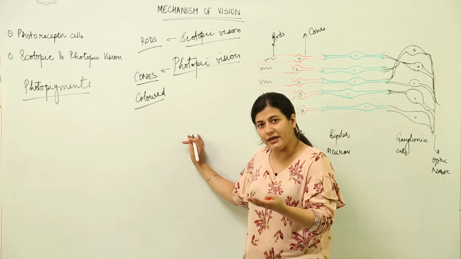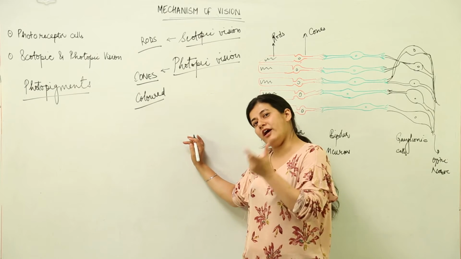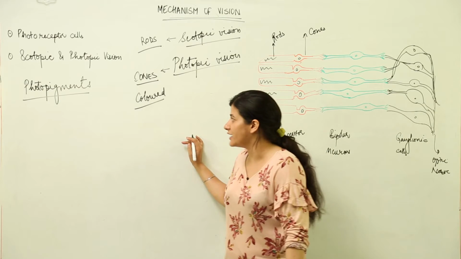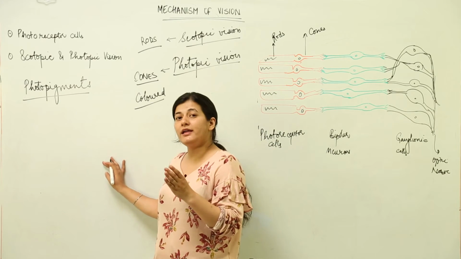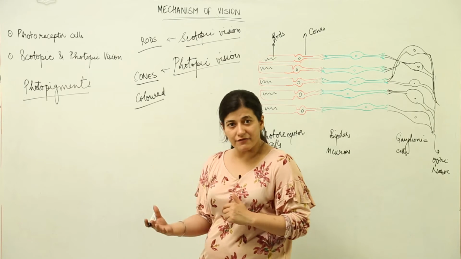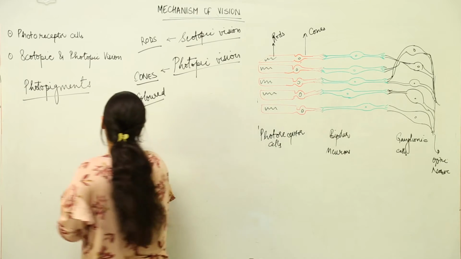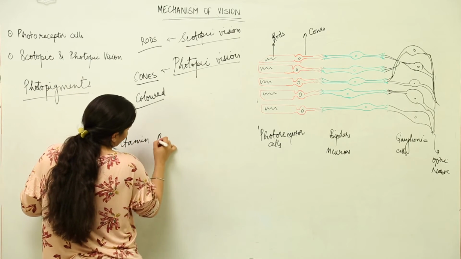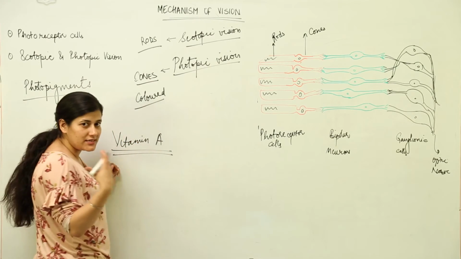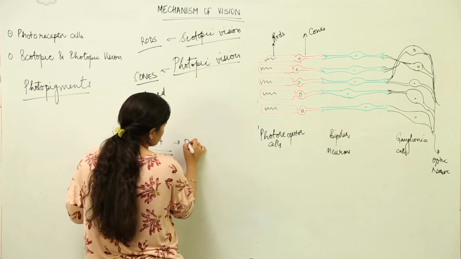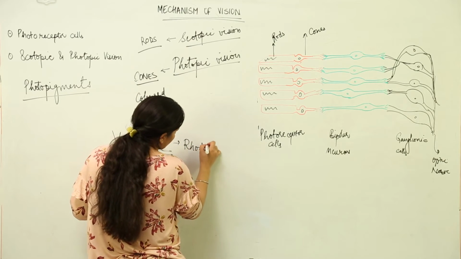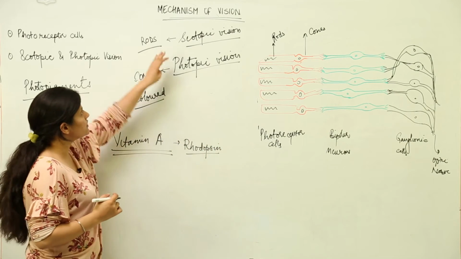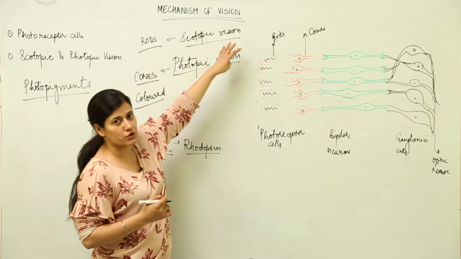I learnt that night blindness is caused by a deficiency of vitamin A. Night blindness occurs when we do not have vitamin A in our diet. And why do we need vitamin A in our diet? The reason is that vitamin A's derivative is known as rhodopsin. Rhodopsin is a pigment present in the rods, responsible for scotopic vision.